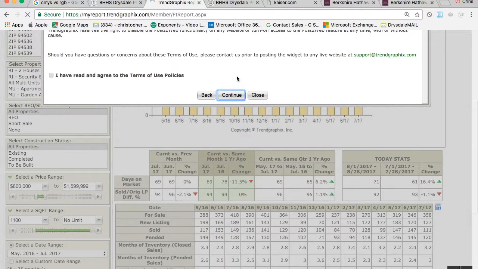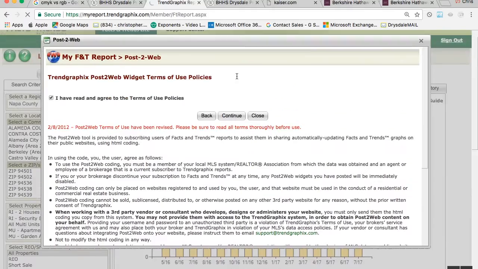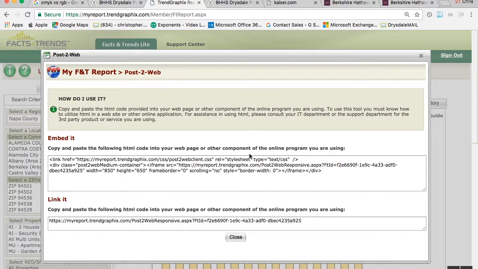Or you can take this embed code, copy it to your clipboard. What we're going to do is paste this on a page that we're going to create on our website. Okay? So here we go. First thing that you want to do is go into the web builder. When your web builder opens up,